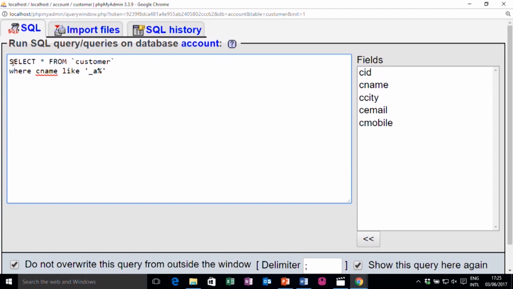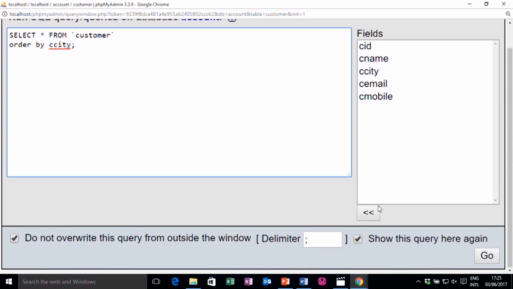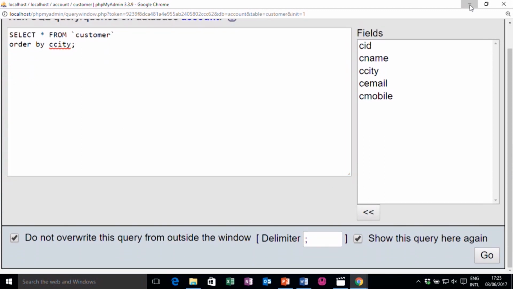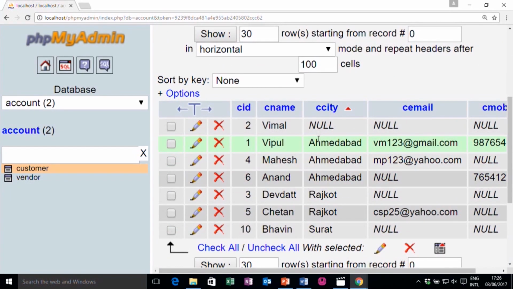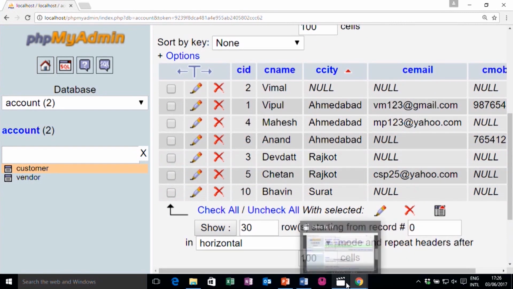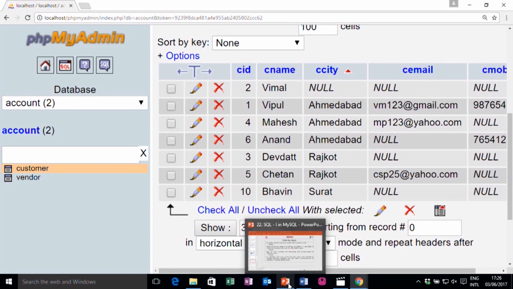Say for example, to display records you can write select star from customer and I write order by customer city. So, it will start in alphabetical order. If we look at the result, first it will show Ahmedabad, then Rajkot and then Surat. It can be a character or numeric value also.